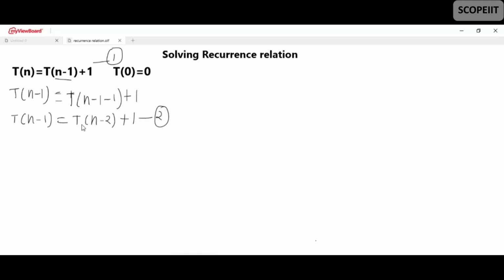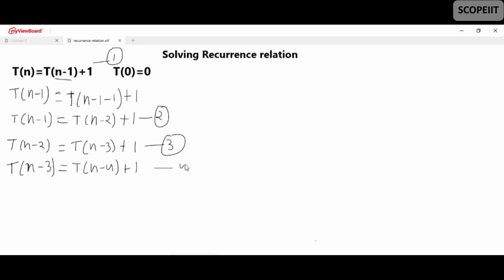Then what do you have in the T bracket? T of n minus 2. So I'll replace this n with n minus 2, and it will become T of n minus 3 plus 1. Correct? N minus 2 minus 1. Next we'll find n minus 3, and this equation will become the third. Usually we do it till 3 steps, so it will be easy for you to find the time complexity. Otherwise, you can solve it only 1 step or 2 steps and then do the substitution; that will also work. So T of n minus 3 will become T of n minus 4 plus 1. This is my fourth equation.